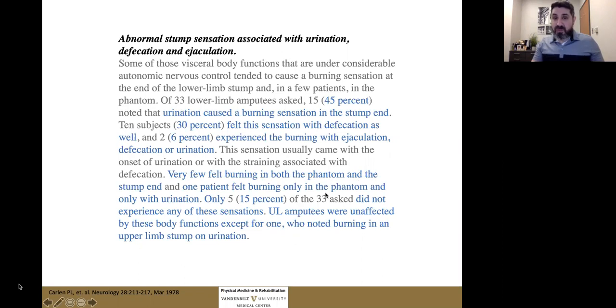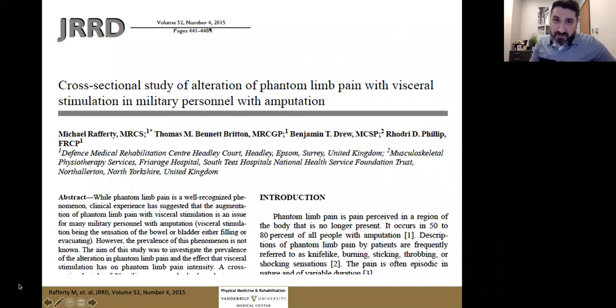Only one patient felt burning only in the phantom and only with urination. 50% did not experience any of these sensations. Upper limb were unaffected, except for one who noted burning in an upper limb. And by the way, it turns out, here's another more recent publication, 2015, in case you think this is